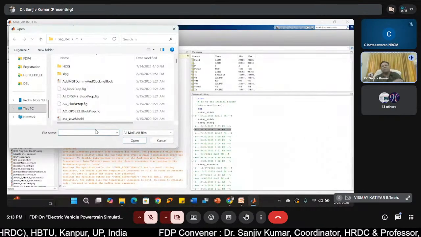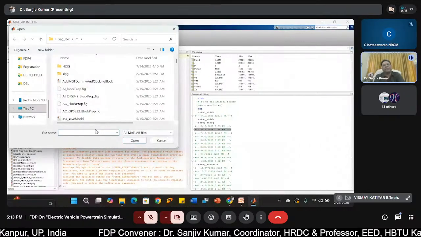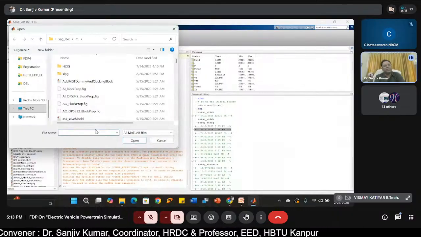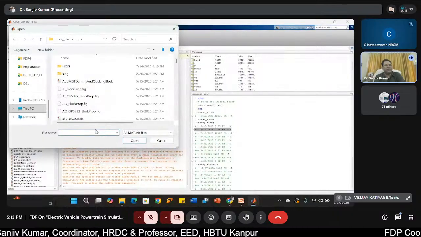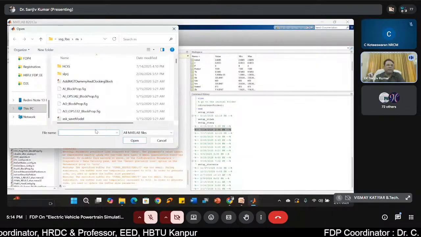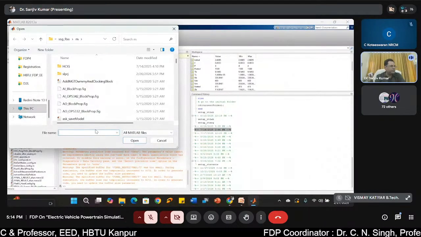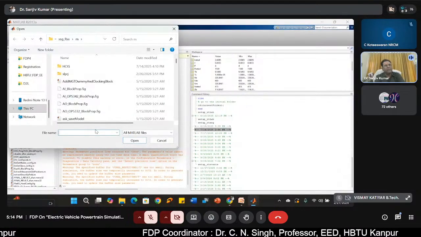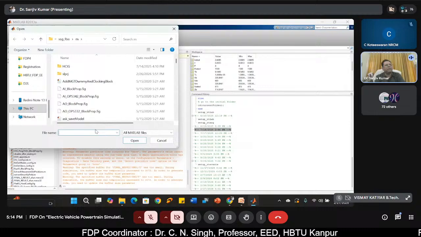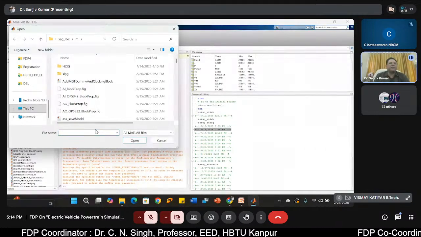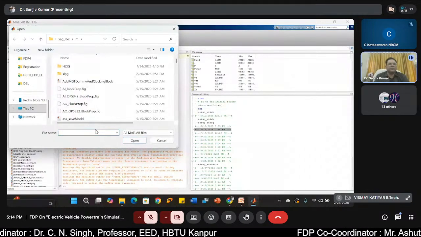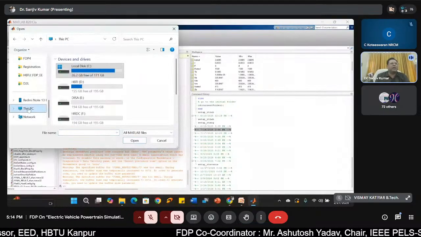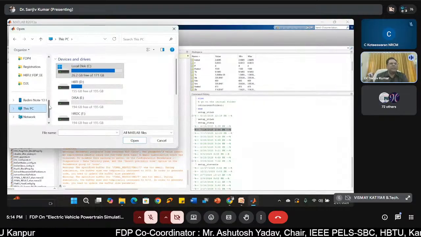One of my research scholars, and he is the co-coordinator of this event as well, Mr. Ashutosh, is working on the same configuration with a 5-phase induction motor. Of course, the work is still pending on the experimental validation part. But as far as simulation is concerned, we got very good results. The same open-end winding induction motor is used, and a simple 2-level inverter we have applied, and we get very good performance, especially at the lower speed range, which is very difficult to have.